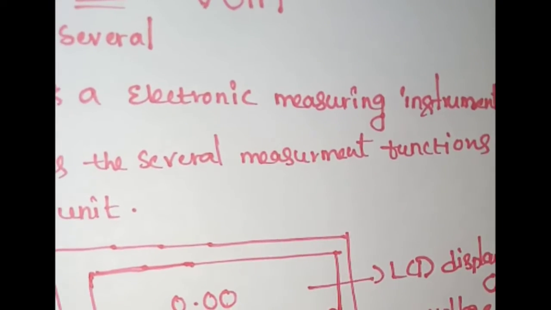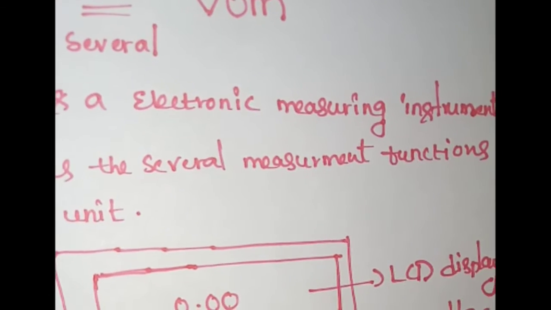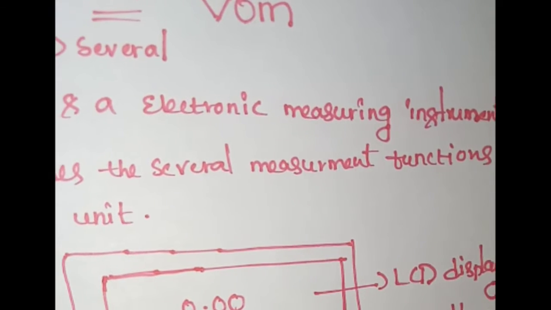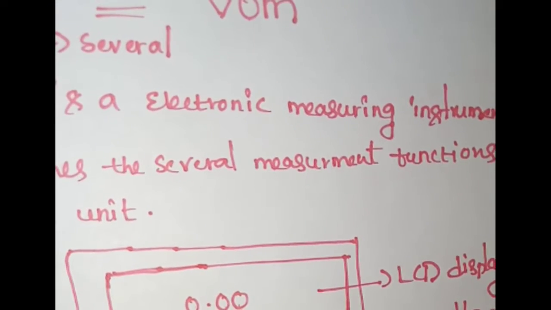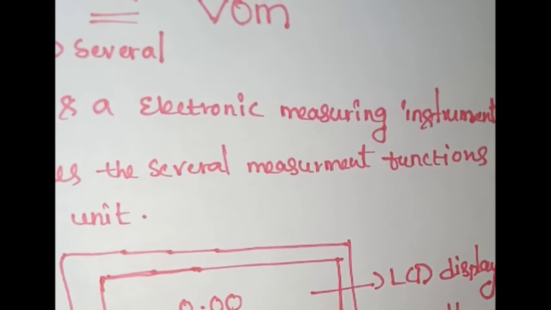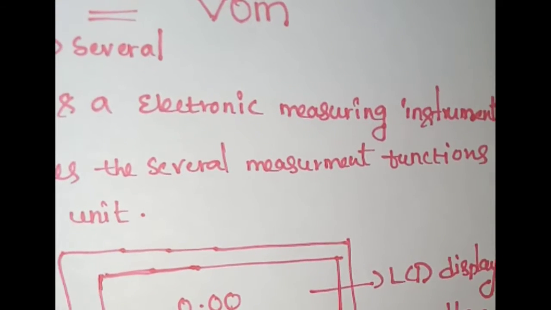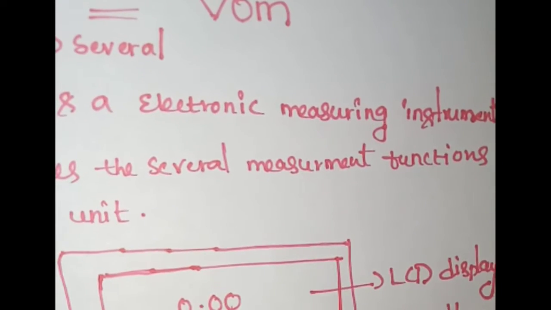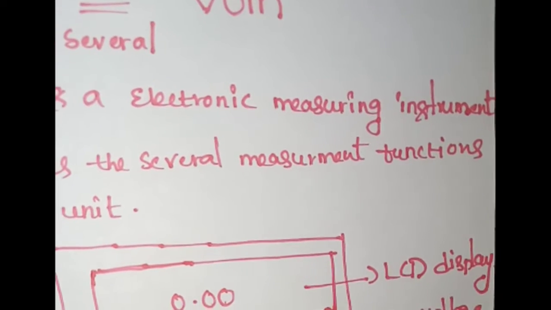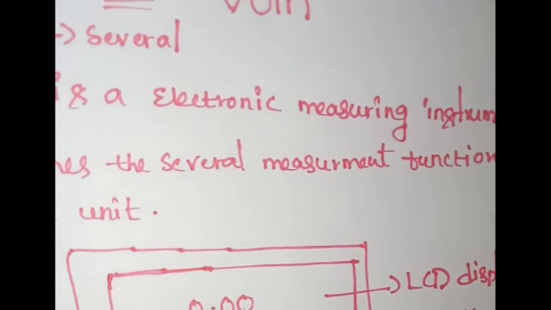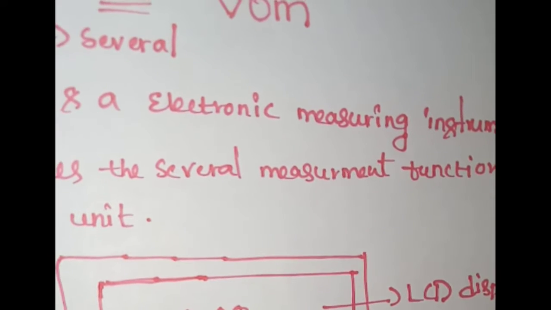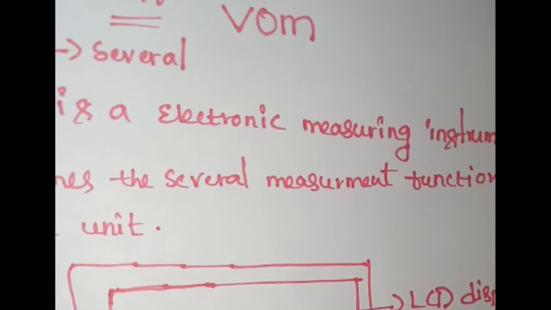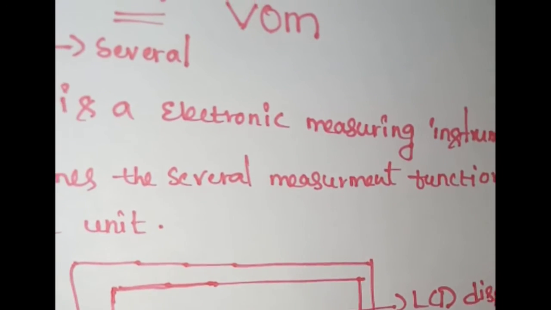And in the multimeter, you can observe that the diode symbol is there. These are the diode symbol and the continuity symbol, this is the continuity symbol. The diode symbol is used for diode measurement and this is used to check the continuity. In electronics, students know that continuity check tells whether any device is working or not. First of all, a continuity check is done, so we can use this one.